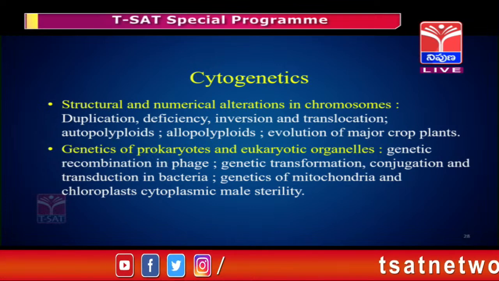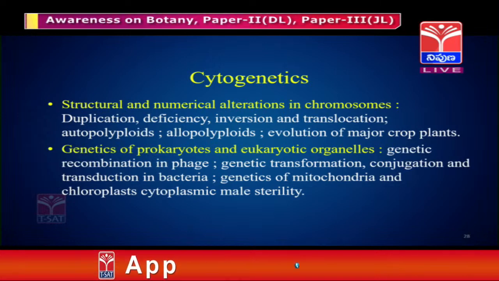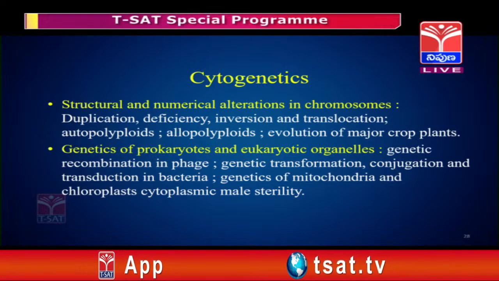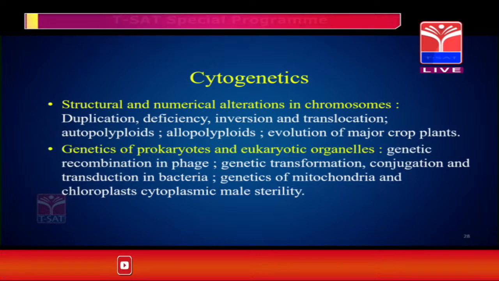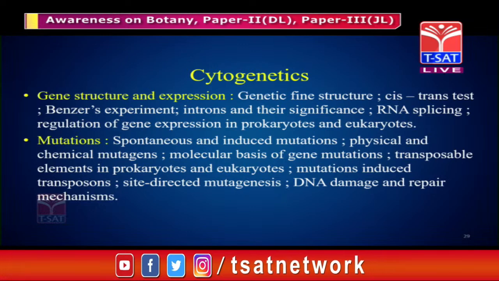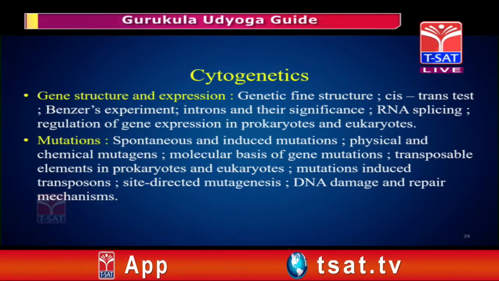What is the genetic recombination in a phage particle? How are genetic transformation, conjugation and transduction done in bacteria? How are they useful to us? Then genetics of mitochondria and chloroplast, because you all know that these are semi-autonomous organelles present in the cell. Now gene structure, that is the fine structure of the gene, cis, trans, test, and the introns and their significance,